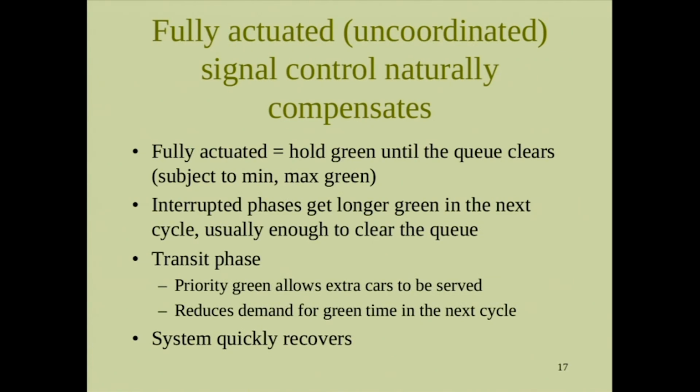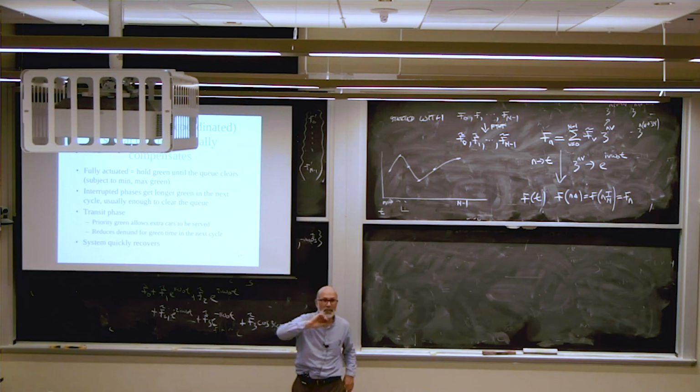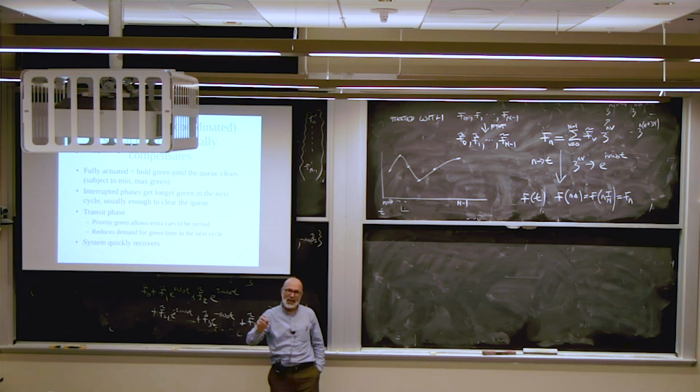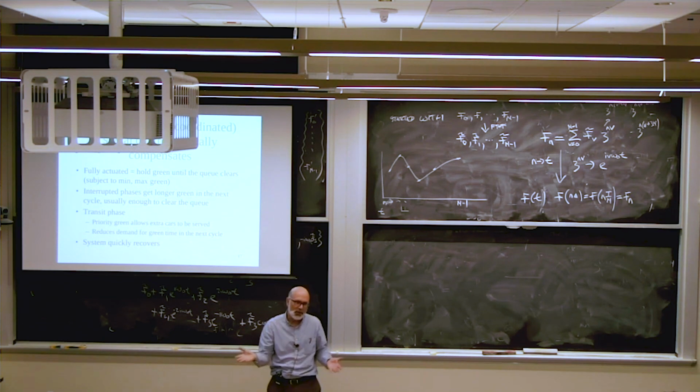With fully actuated, that means every approach has detectors. And the standard detector is a loop of copper in the street, a couple of rounds, that goes to a box, and through the miracles of electromagnetism, if a vehicle drives over it, it induces a voltage, and you can pick up that voltage, and so you know there's a car there. There's a setting of how much of a voltage change is enough, because it has to become digital. It's either 0 or 1.